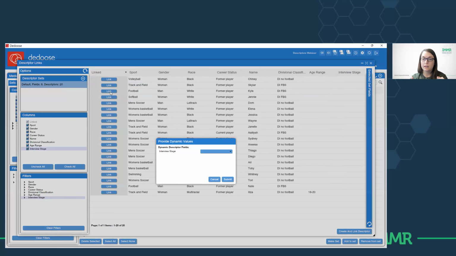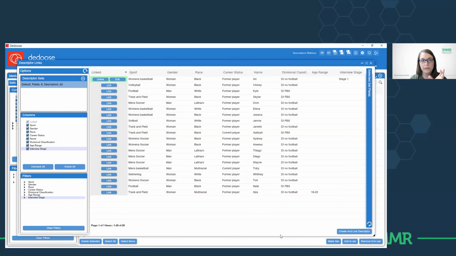And then on the back end, Dedoose is going to say, okay, what dynamic field is this piece of media corresponding to? So in this case, it is the stage 1 interview. And I can hit submit. So now that individual piece of media is linked to the broad profile of RE, but distinguished by the interview stage of stage 1.